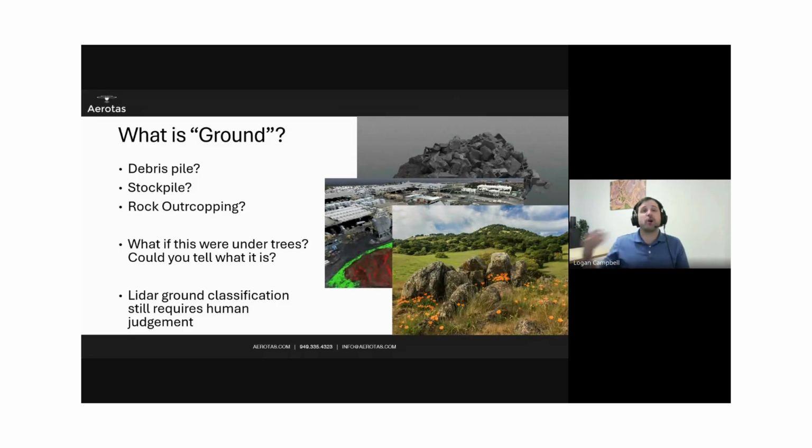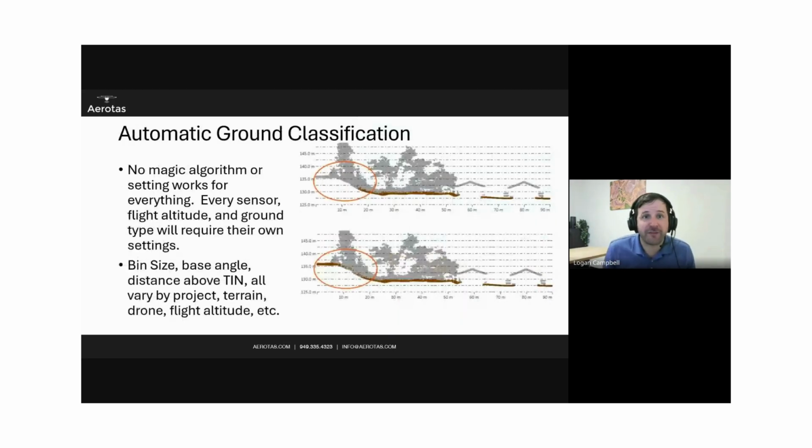Now, thankfully, there are standards for these things. The most important thing is actually having standards, defining them clearly, and making sure that you know whether you're going to mark rocks. But even once you know what ground is, you have to teach your automatic ground classification. Automatic ground classification is very, very good at following basic routine tasks. If it sticks this far above the ground and it's this steep, then it's not ground. But automatic ground classification